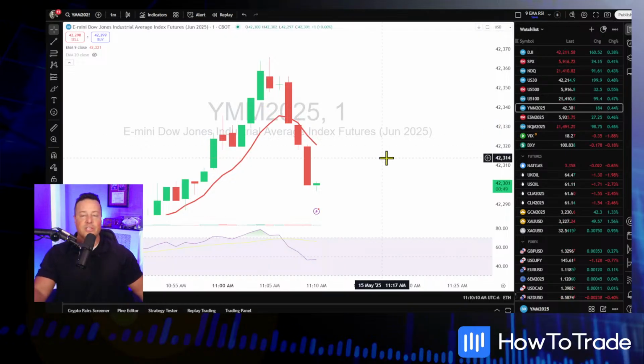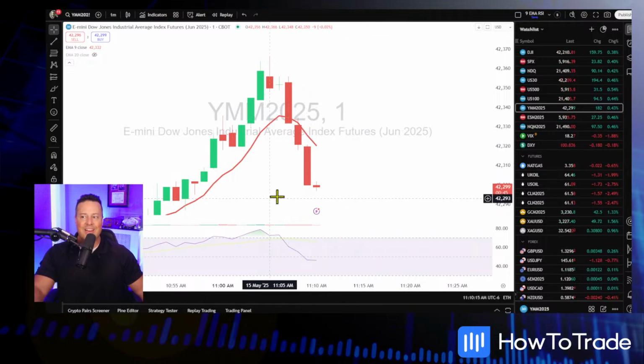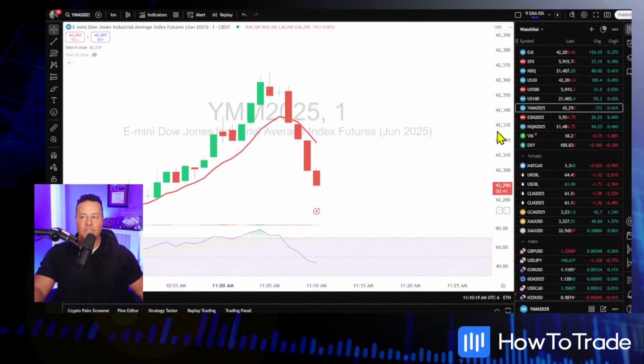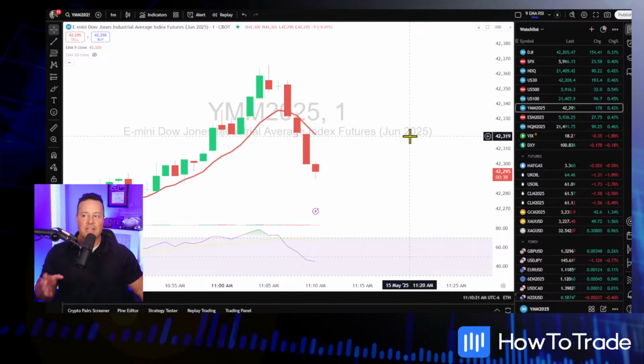Now, when you're using this strategy, you have to say, okay, do I want to always be aggressive here and try to get these moves? Or do I want to be patient and maybe try to flip risk versus reward in our favor? This is a great example of how we're sort of paying a price for being patient. We missed the break. Now, if you use this strategy, you're going to miss breaks. You can't worry about it. You're going to miss these types of breaks, but it'll pay for itself by just waiting for a much better